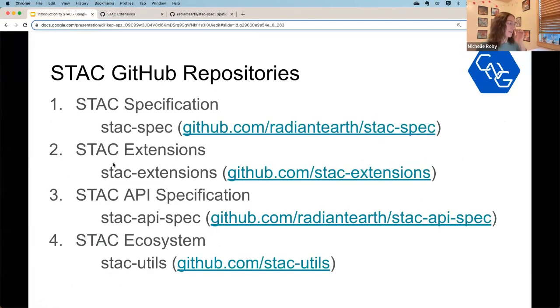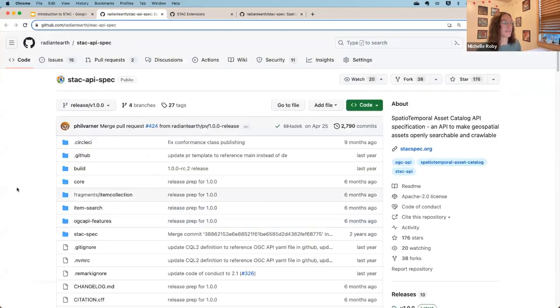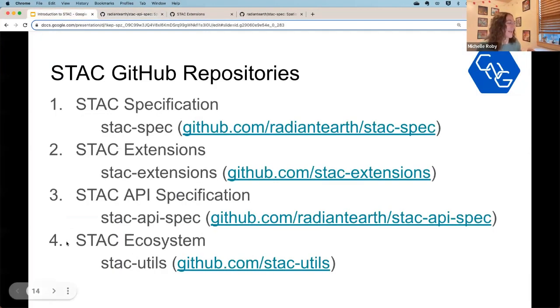And then there's a separate GitHub repository for the STAC API, which I'll talk about each of these more later, but I just wanted to give you a quick overview. And this is for accessing the STAC data through an API. So I'll fill more in on that later. If that doesn't quite apply to you, that's fine. We don't dive too much into it, but I wanted to include all the basic resources here for you to look at later. And then the last one I have here is the STAC ecosystem.